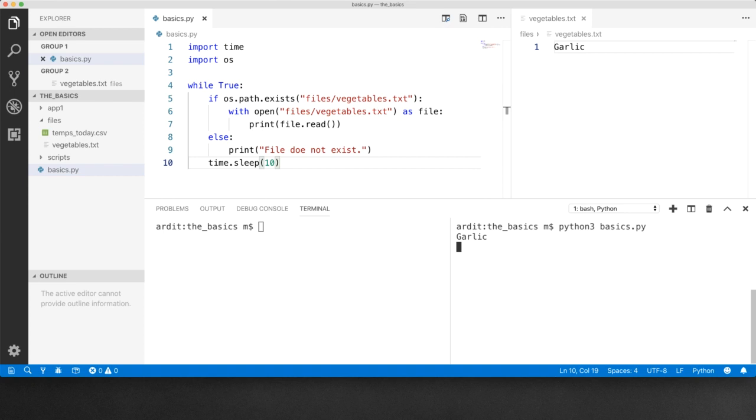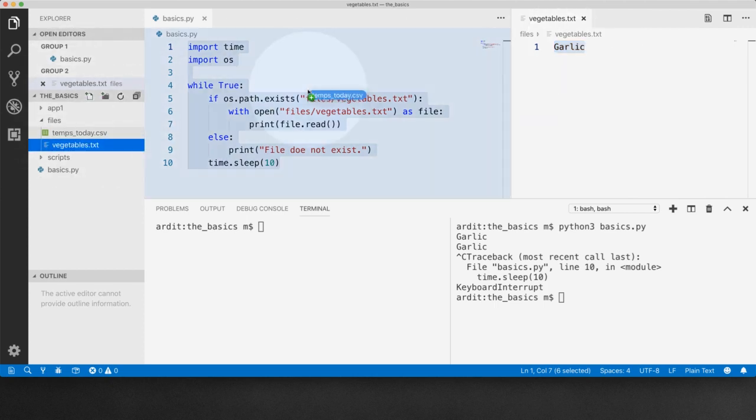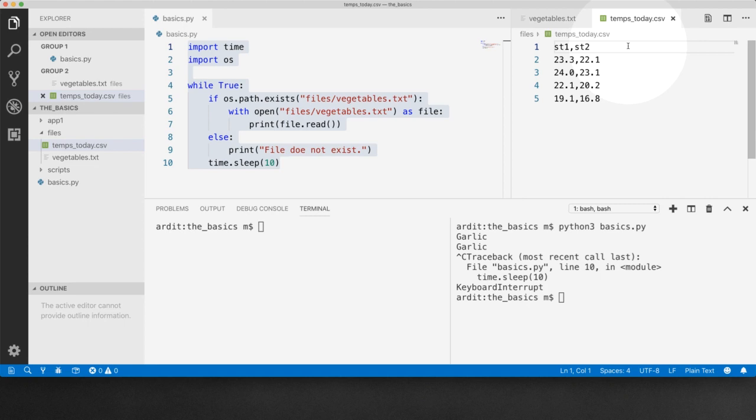In the previous lectures, we built a program that goes through the vegetables.txt file every 10 seconds and prints out its content. So the program is running here. Now, vegetables.txt is just a simple text file with some useless data like garlic and onion. What happens if we had some more real-world data, such as this